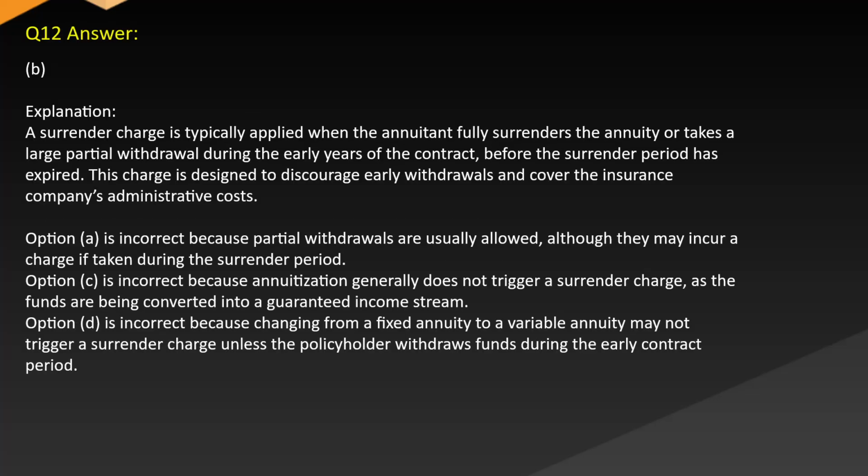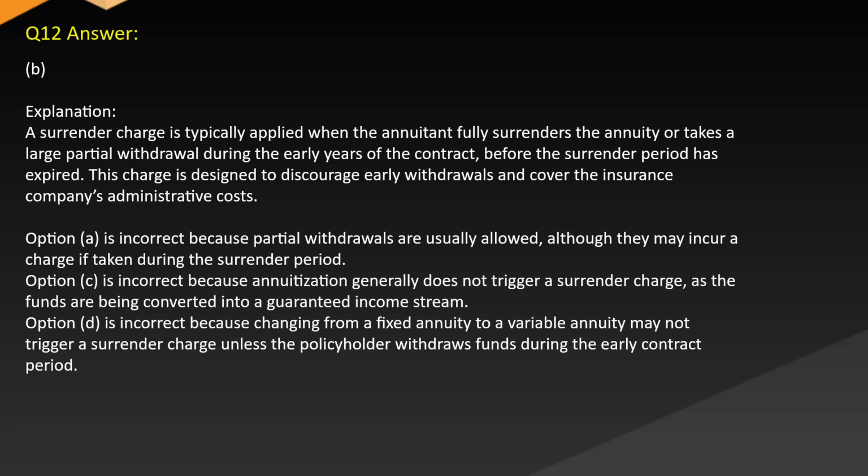Answer B. Explanation. A surrender charge is typically applied when the annuitant fully surrenders the annuity or takes a large partial withdrawal during the early years of the contract before the surrender period has expired. This charge is designed to discourage early withdrawals and cover the insurance company's administrative costs. Option A is incorrect because partial withdrawals are usually allowed, although they may incur a charge if taken during the